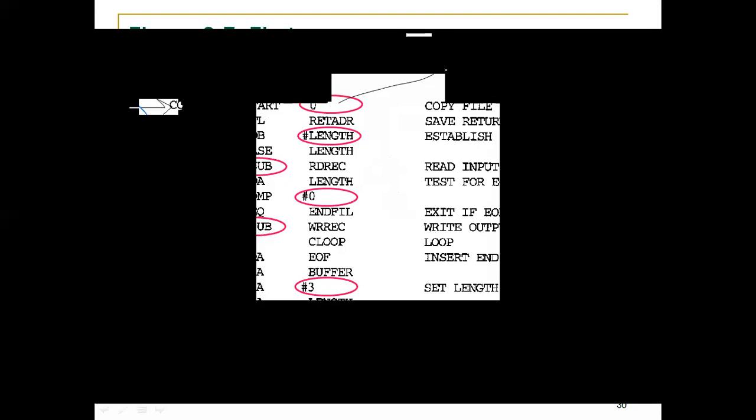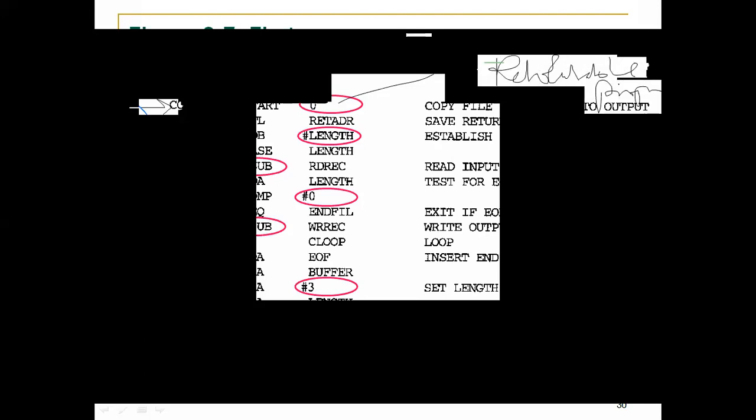Now there is a reason for this. Whenever I put a starting address of 0, it means that it is a relocatable program.